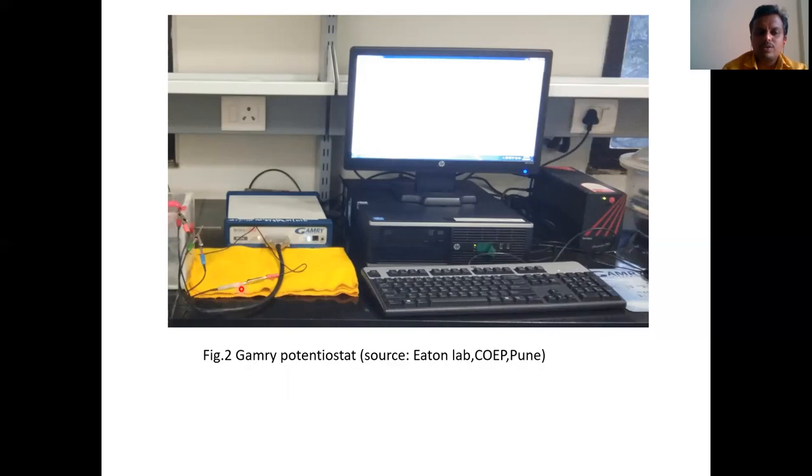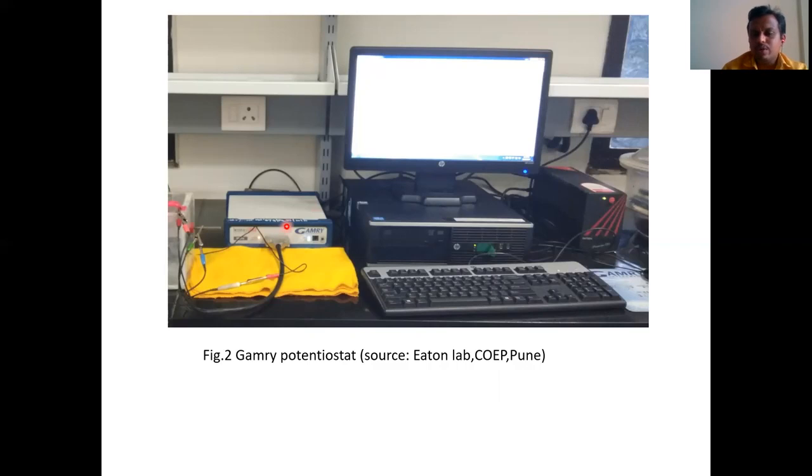One cable is attached to the working electrode, that is your mild steel, and its working sense is attached to another pin. The second and third pins are attached to the platinum counter electrode and its sense. The fifth pin is attached to the saturated calomel electrode, the reference, and the sixth cable is attached to the ground. That is connected with this potentiostat.